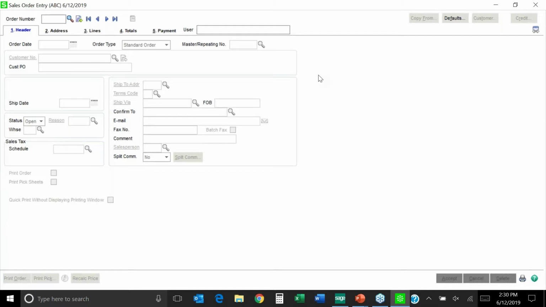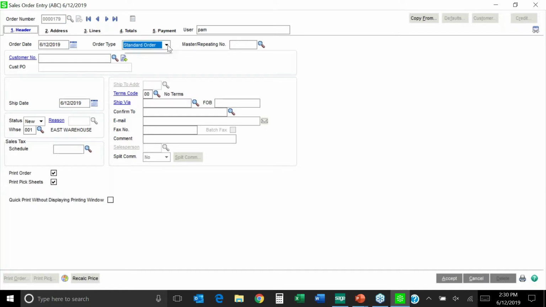So a couple of other things that you can do within sales order entry. I'm just going to give this a new sales order number. So if you notice, we've talked about quotes and we've talked about standard orders. We're going to now talk about master orders and repeating orders. So the difference between the two. A master order is, an example would be